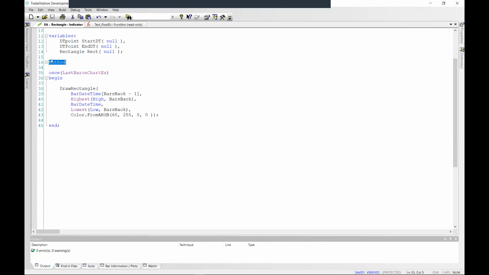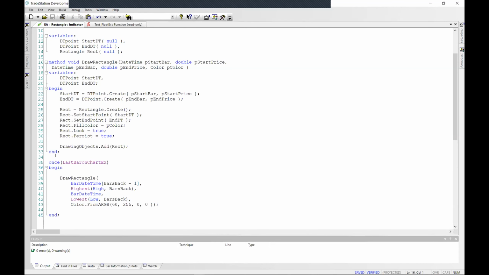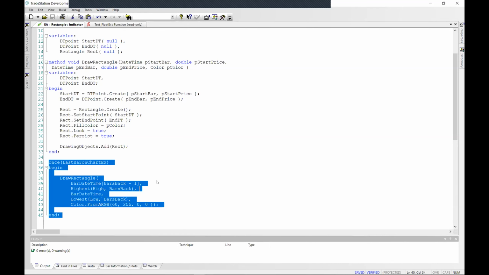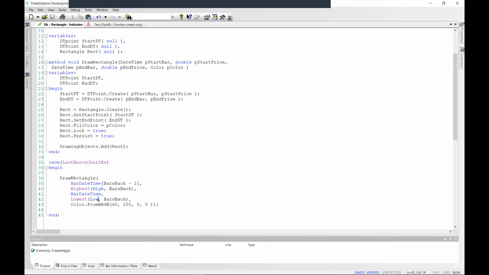Well, okay, we've got a method here, but let's see, where's the code that runs outside the method? Okay, down here. Well, what does that do? Once we get to the last bar on the chart, we're going to call this function, draw rectangle, this method, which is this method up here. Drawing a rectangle entails specifying two points. The two points must be on a diagonal from each other in terms of the shape of the rectangle, so either upper left, lower right, or lower left, upper right.